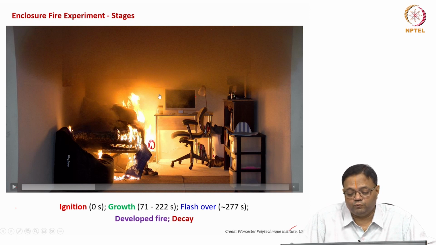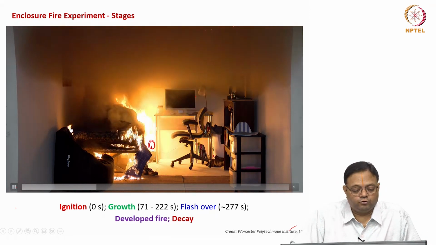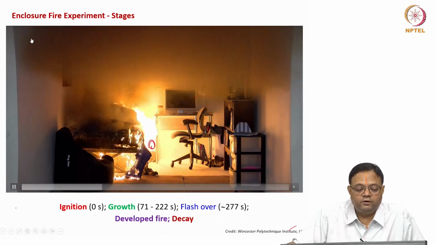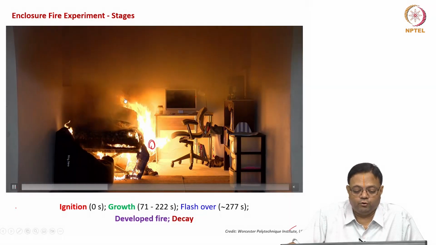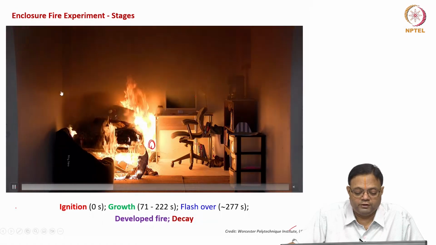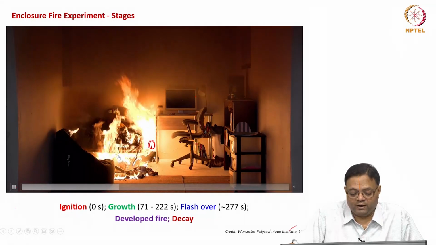Here you can see that it is more luminous burning, but towards this side where the oxygen is stored, there is some formation of smoke. So now you can see the visibility slowly reduces. The smoke accumulates on the top and tries to come down as the burning continues, and you can see that now in this wall region more smoke is generated, and the fire now